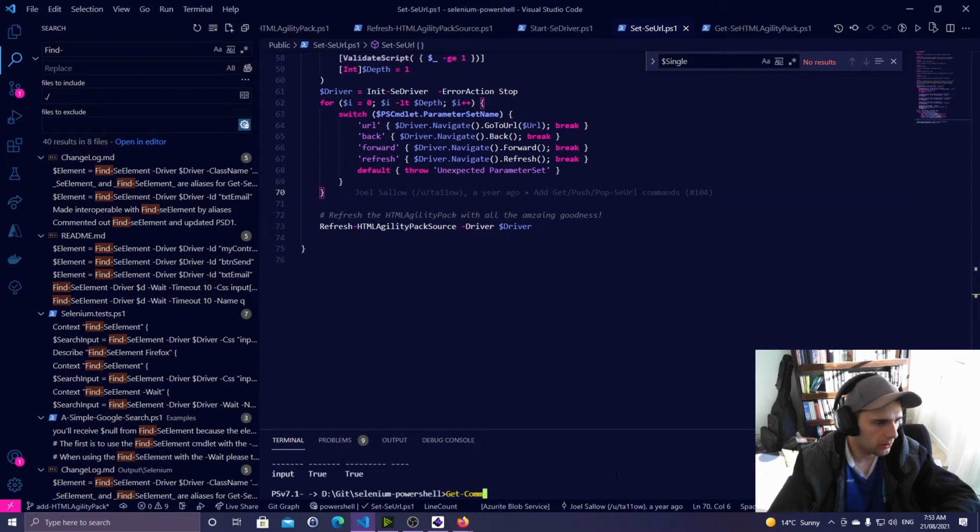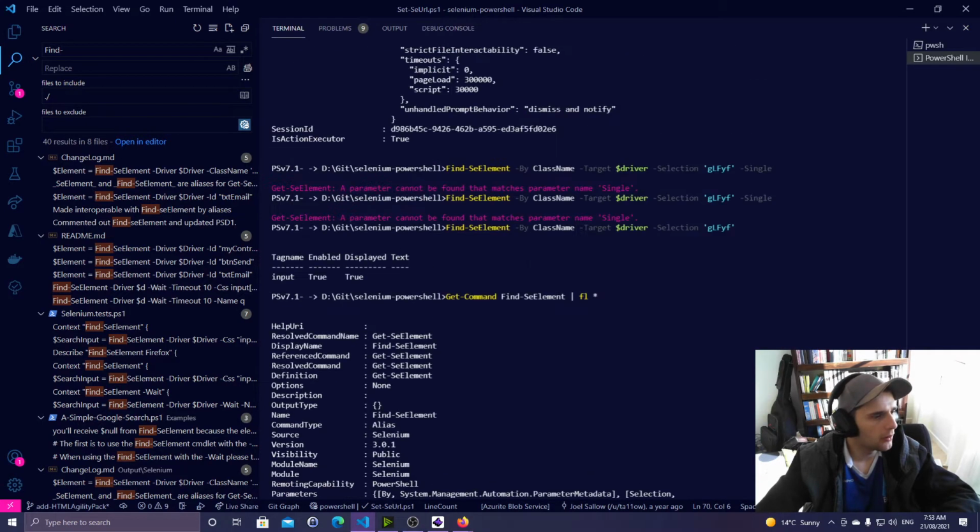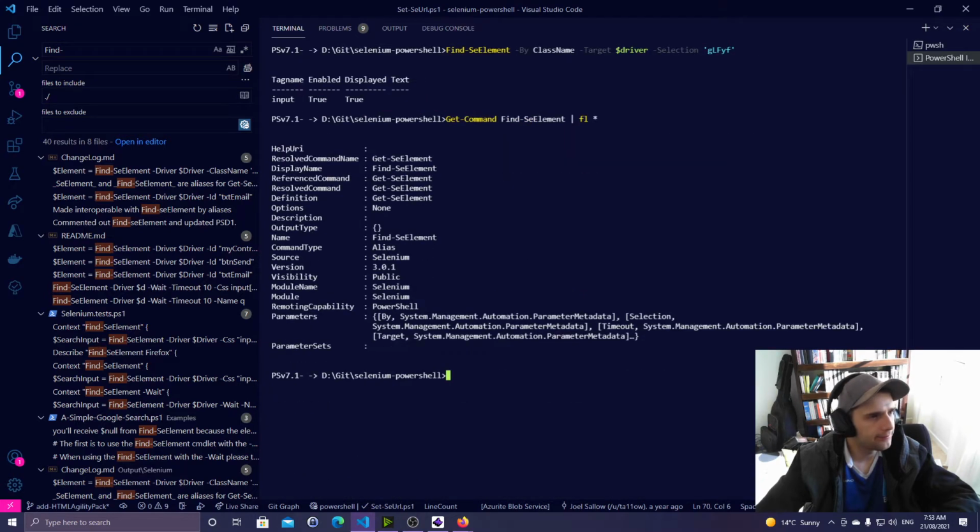Alright, so come on, find, let's see, element. Let's have a look at where it is. Get SE element, that's what I thought. It's an alias. And it's using